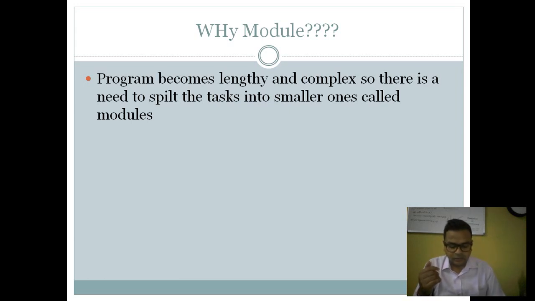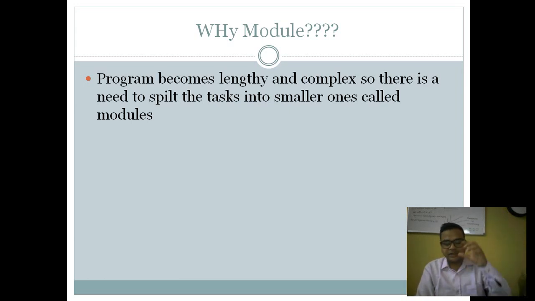The good solution will be, instead of defining a larger number of lines in a program, the best method is to just split the task. You just partition the task. And partitioning the task means what? We created one function for each task, and then we combined these different functions in a single group. We have grouped different kinds of functions doing similar tasks, and then we have named them, and that name is a module.